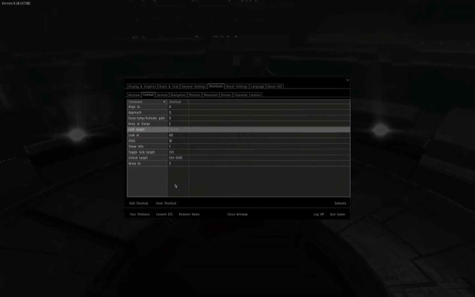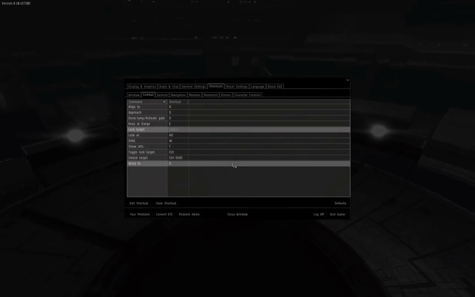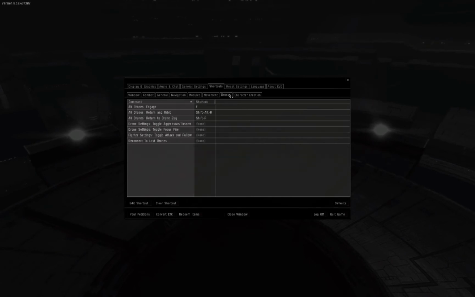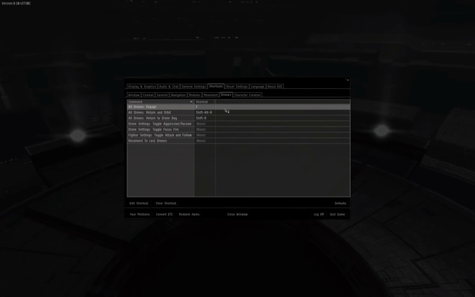Clear that shortcut so it doesn't confuse you or mess you up later on. Another thing they do for the drones, I do recommend doing this so you don't lose your drones a lot,